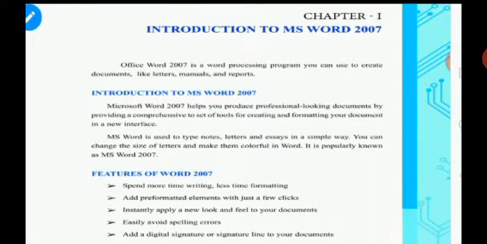So in this 6th standard you will have 3 divisions. Okay, 3 units. In each unit you will have 4 to 5 chapters. Each unit will deal with the MS Office package. The first one is Word, second one Excel, and third one is PowerPoint. So we are going to start with MS Word 2007.